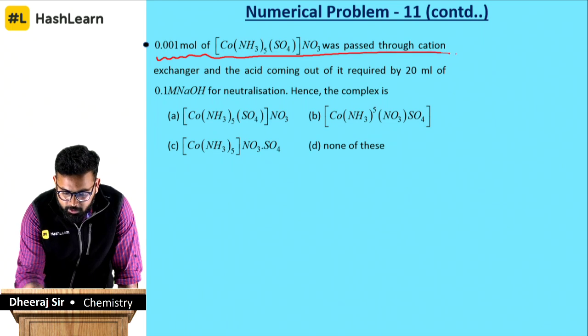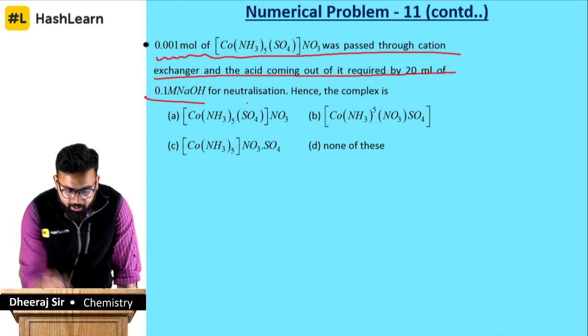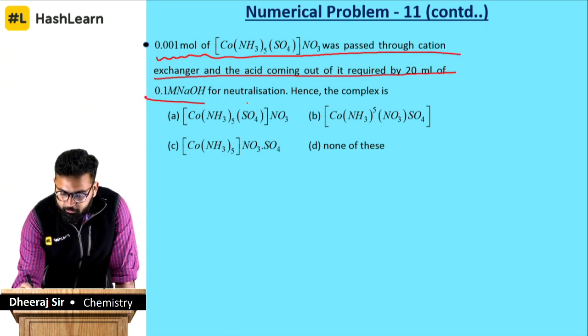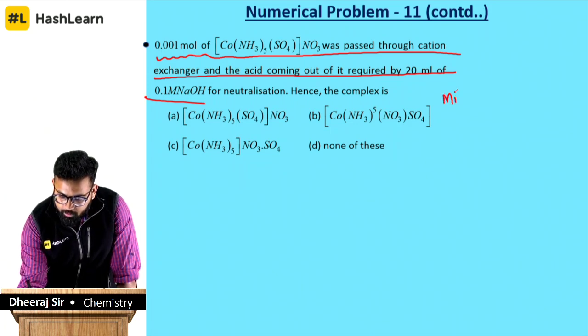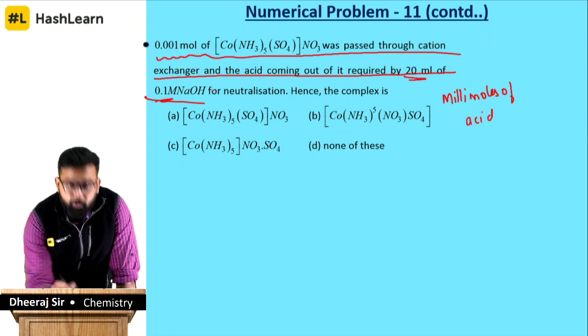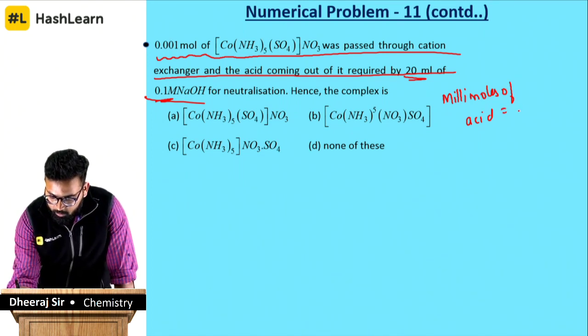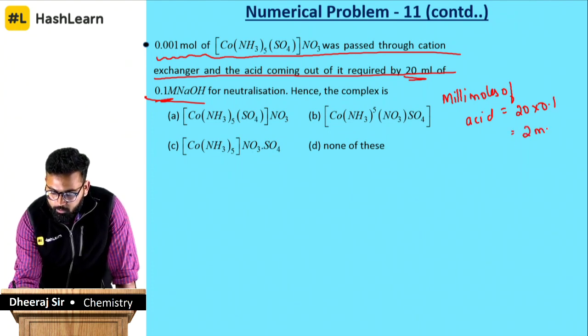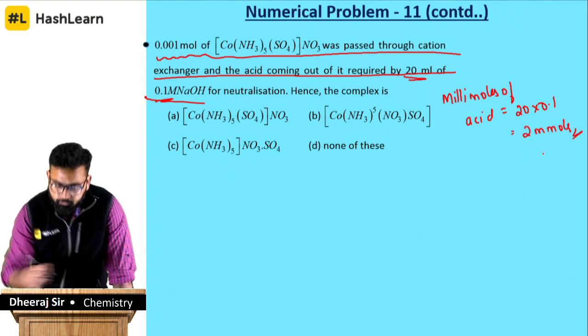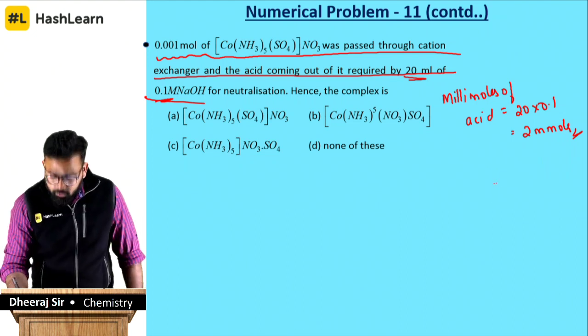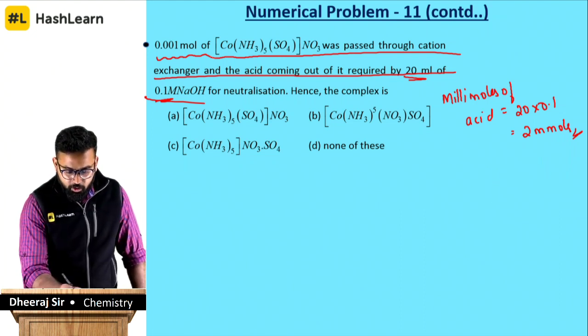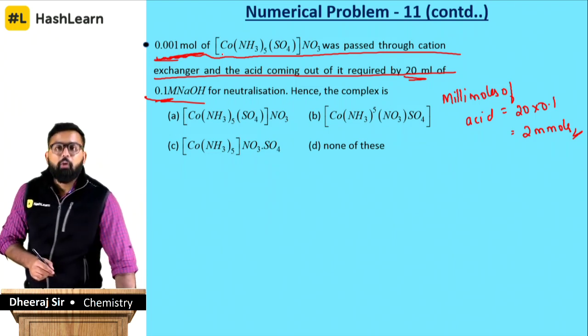0.001 mole of CO was passed through the cation exchanger. Acid coming out required 20 ml of 0.1 molar NaOH. Therefore, millimoles of acid: how much of base is needed? 20 ml and 0.1 molar, which means that much of acid is also needed. Therefore, millimoles of acid is equal to 20 into 0.1, which is equal to 2 millimoles. So 2 millimoles of acid is coming out when you pass 0.001 mole,